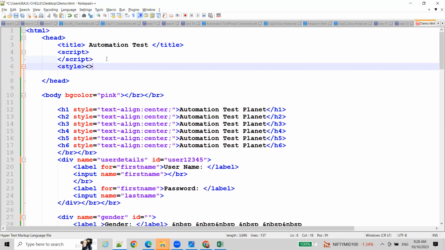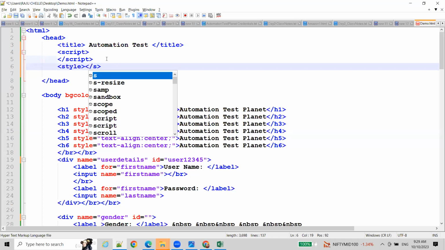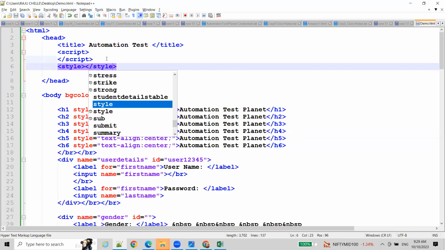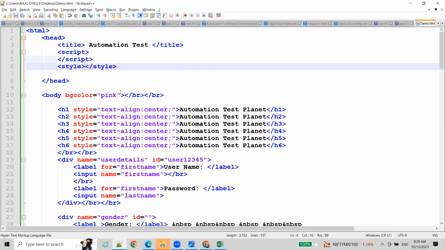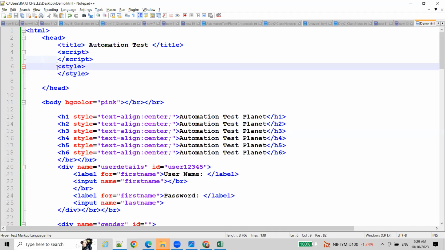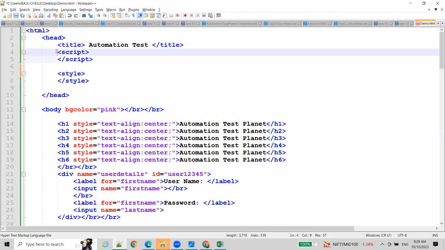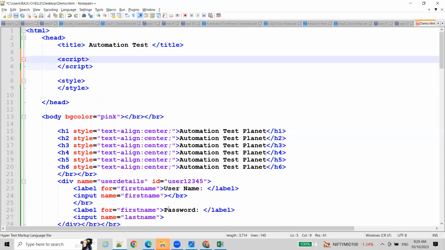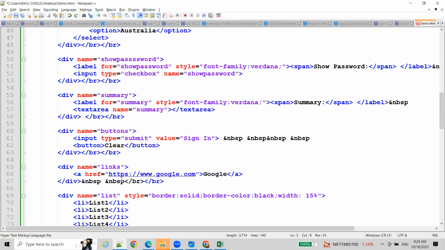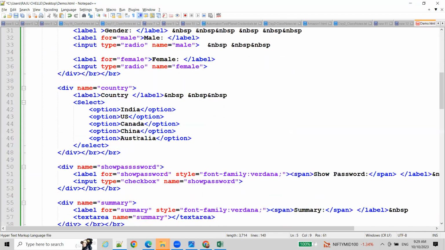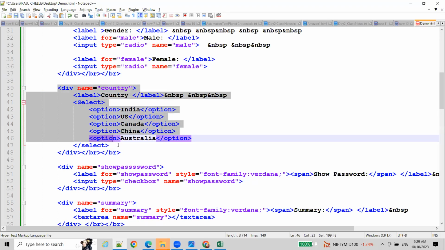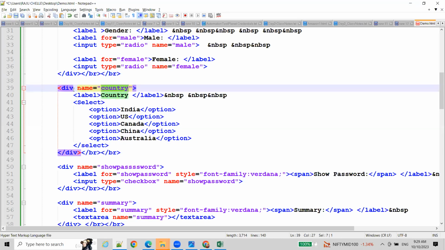Okay, if they want to apply some style for all the elements, they will use style. So here, on what basis can they assign the style? How will they assign the style to these elements in the body? Suppose they want to apply some style for this division, by its country div